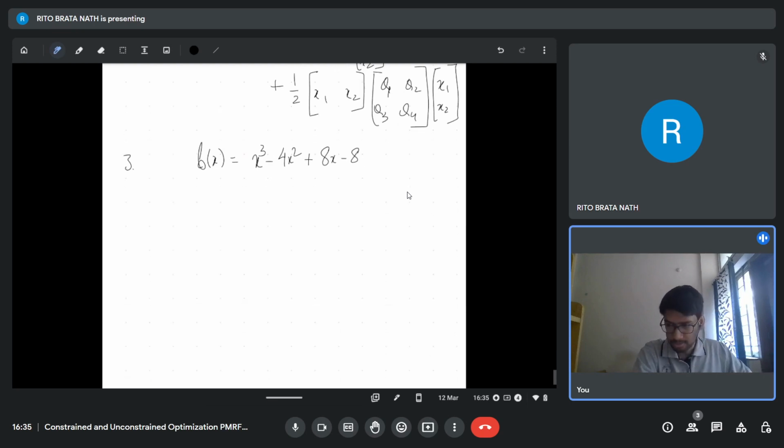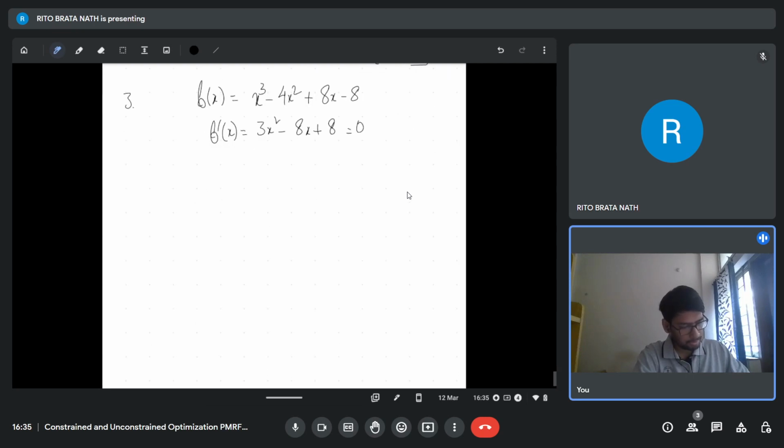Okay, suppose this is given. So now what you can do, you can get f prime x, which is 3x squared minus 8x plus 8, and you can equate it to 0, and you can get something like 24. So that's